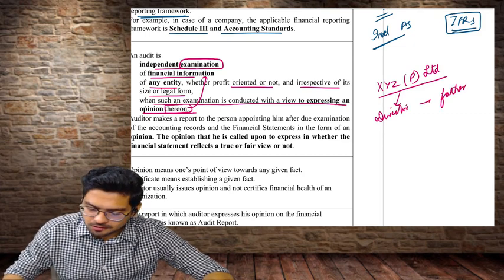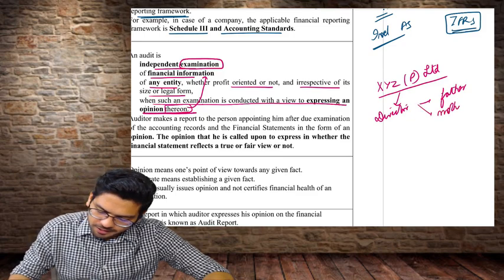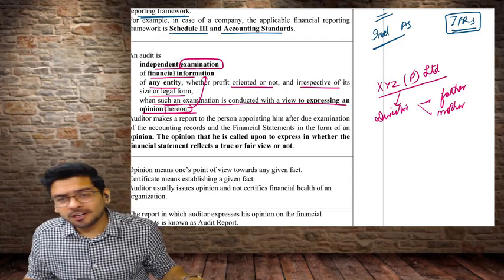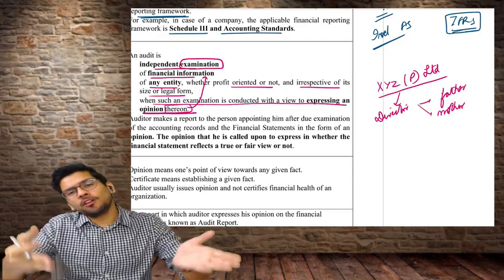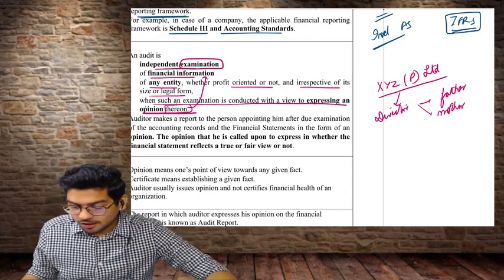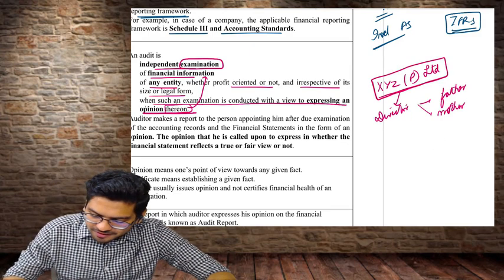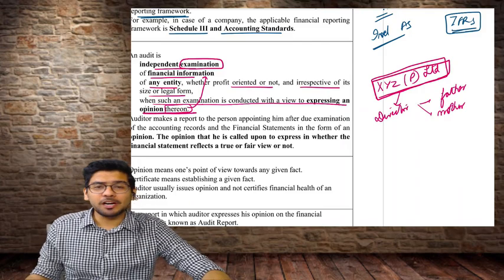There are two directors, one is my father and the other is my mother. Because I cleared chartered accountancy, they told me that you only audit our company. Now if I go and check the financials of XYZ Private Limited,